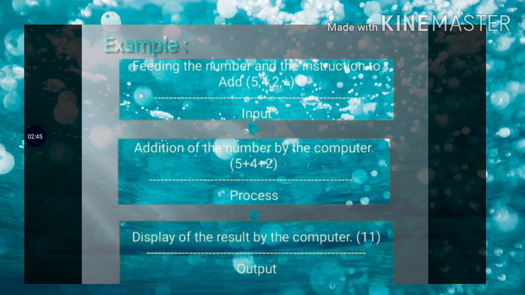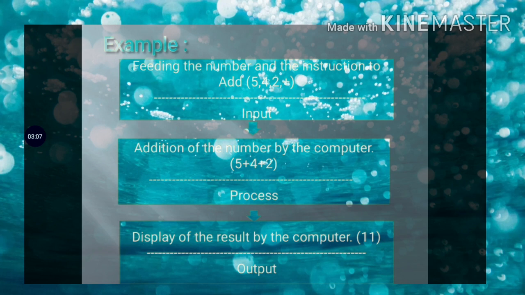Then we give the input to the computer, and it processes inside. The computer adds the numbers; the process goes on inside the computer. Then the computer displays the result. The answer is 11.